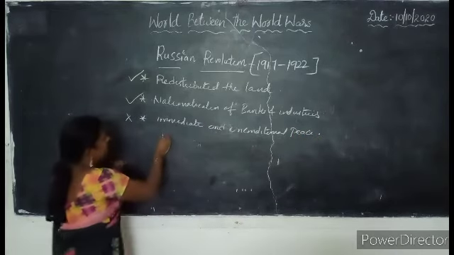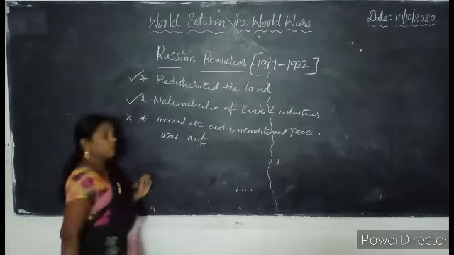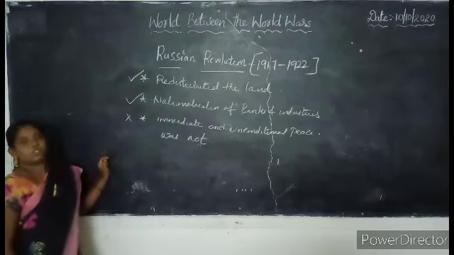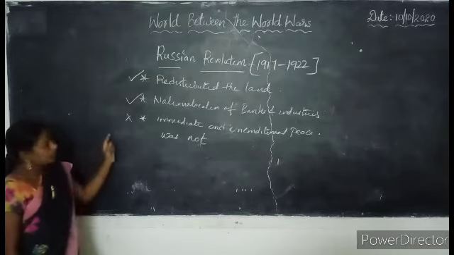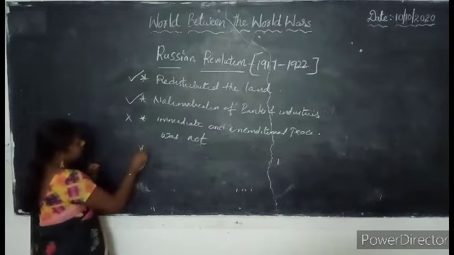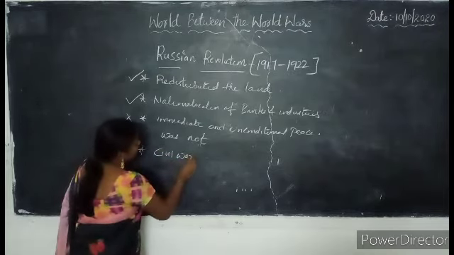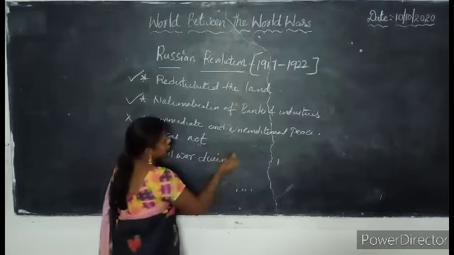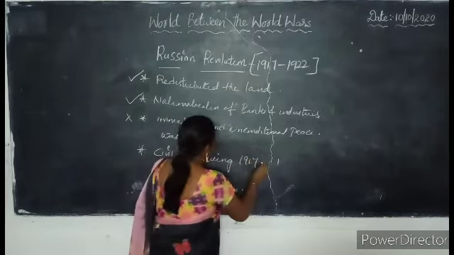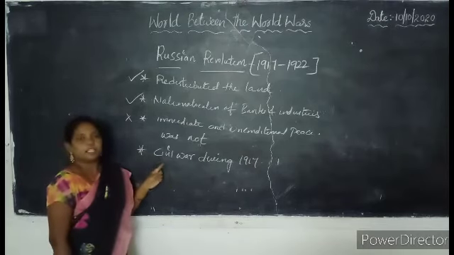Peace was not given to the society of Russia by Lenin. Why? Because there was a civil war. As you know, due to the civil war in Russia,